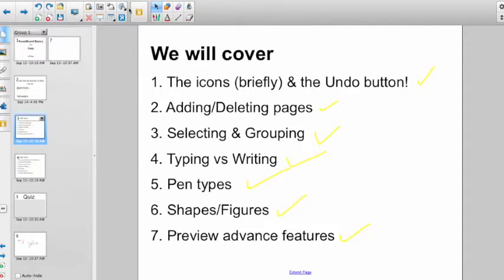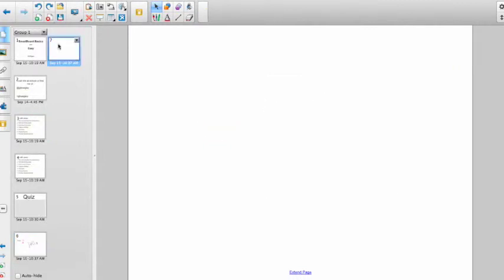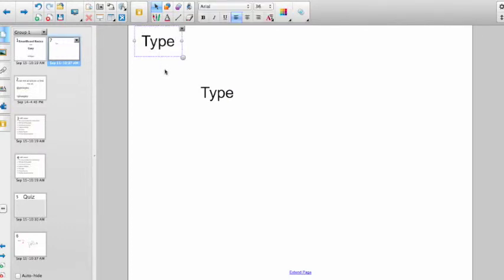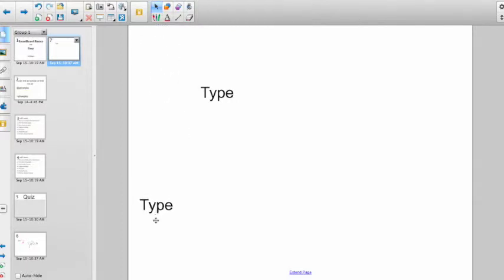Typing versus writing. If you have a screen, click on where you want to type and type. Now the beauty of this is you can pretty much point this anywhere and start typing. So if I want to start typing up here, I can do that. But if it's not stuck, because you can always move it by clicking and dragging. So if you need to do something, you can always click and drag it. Okay, so